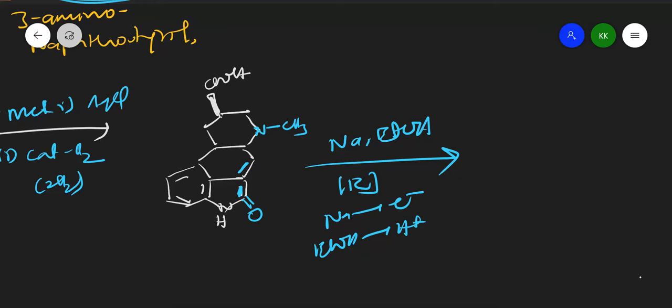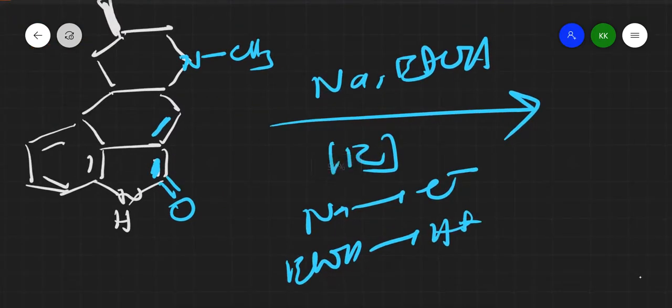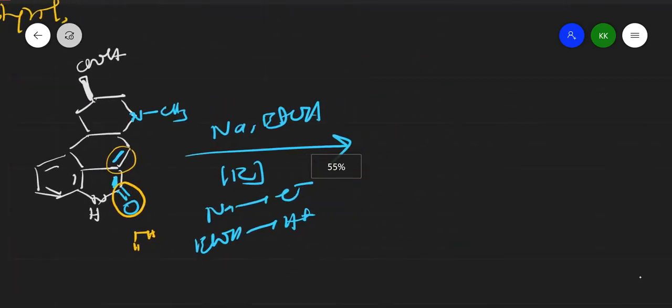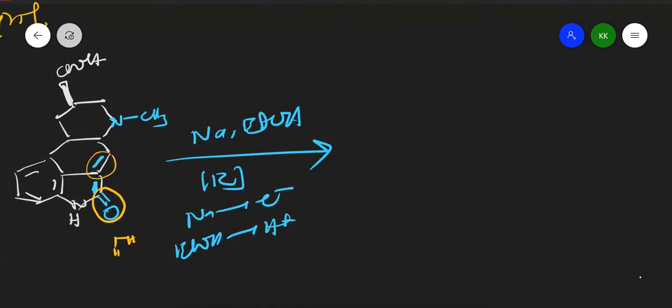So what happens is that this C double bond O is reduced to CH2, two hydrogens come here, and this ring will also be reduced. How it is going to reduce, I will show here, right? So the C double bond is reduced first. Let me reduce that. So now it is reduced to CH2, right? Other things remain as they are,